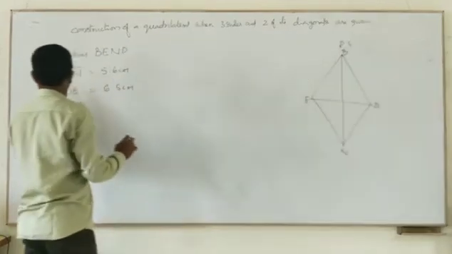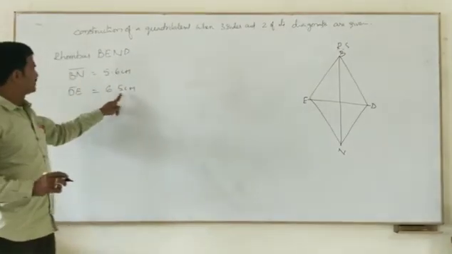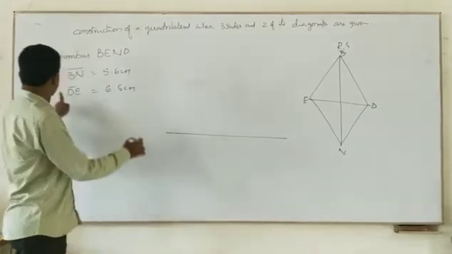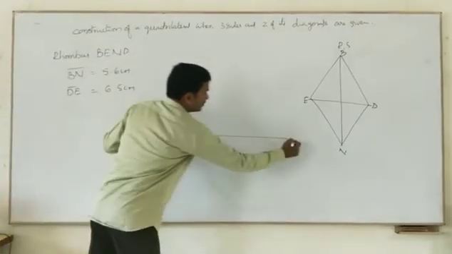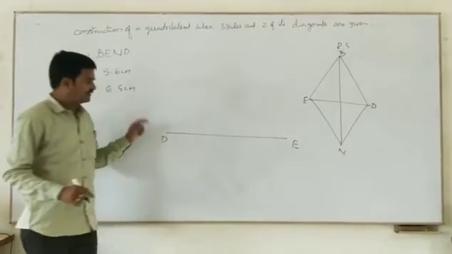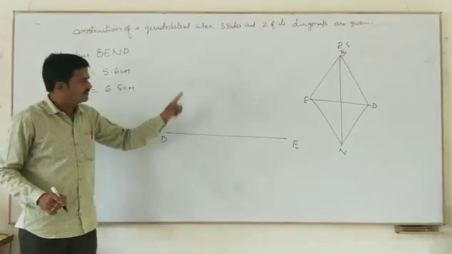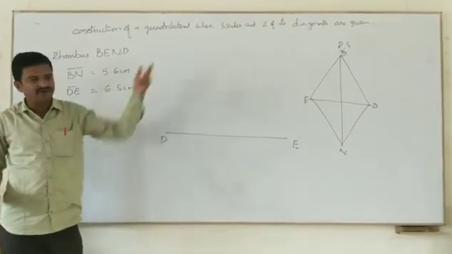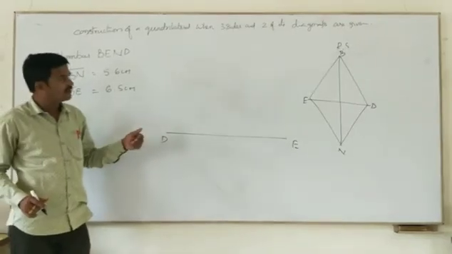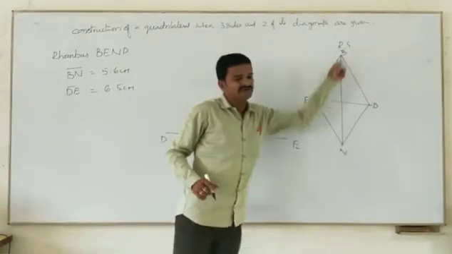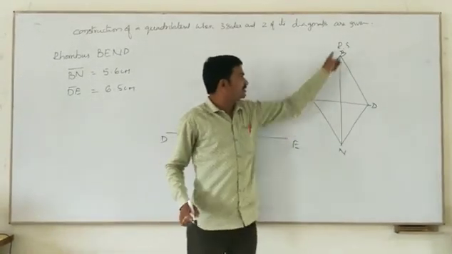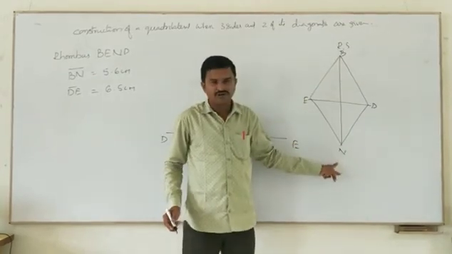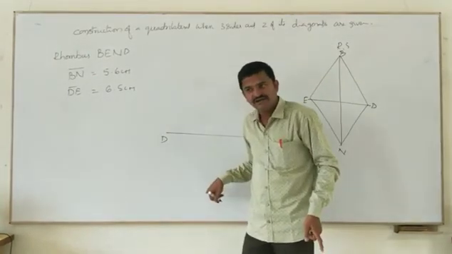Here, suppose you draw 6.5 as base first. This is DE. Previously, for some DE we had BEND. If you want B, the DB distance and EB distance, we had something. But here those are not given. What is given? BN is given. There is no distance from E to B and D to B. It is given N to B only. But where will you place N?